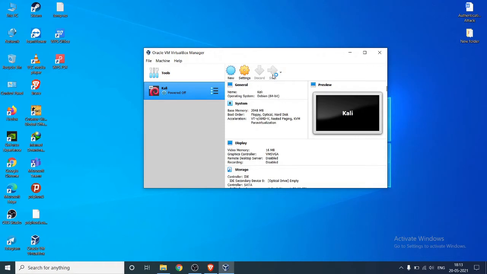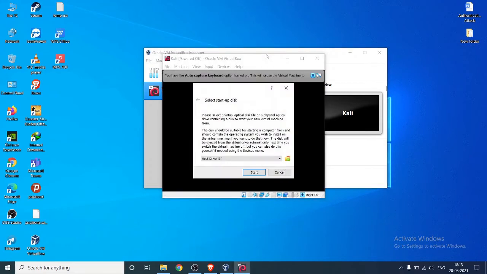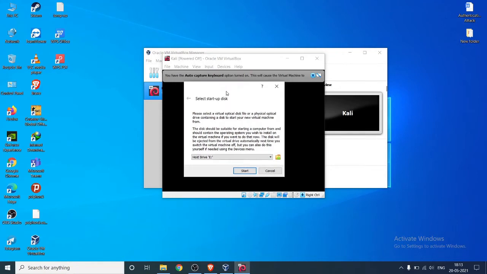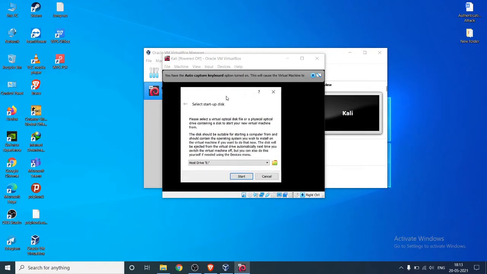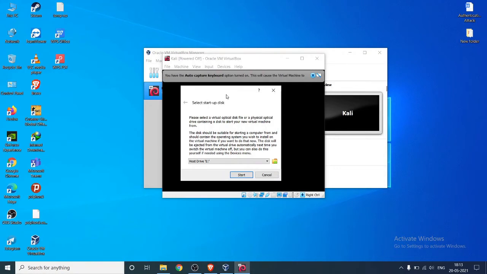Just click on start, and it will take some time to run it for the first time. Just wait for it. Here we go. Here we can see that it is requesting the disk image file which we downloaded, the ISO file of Kali Linux.